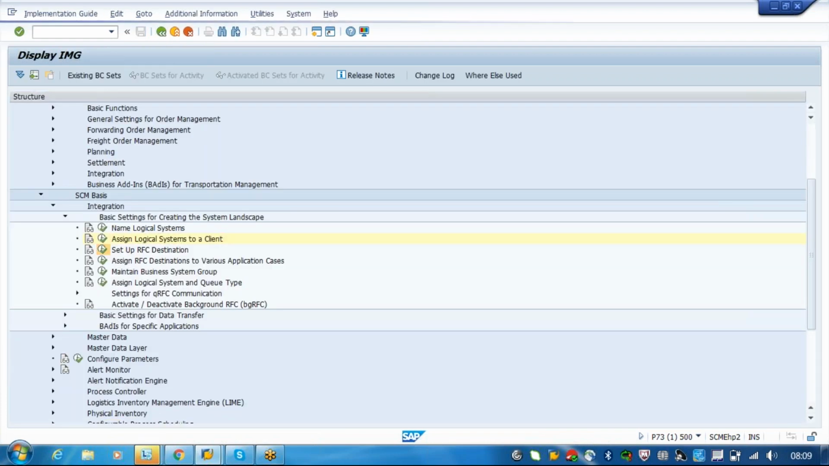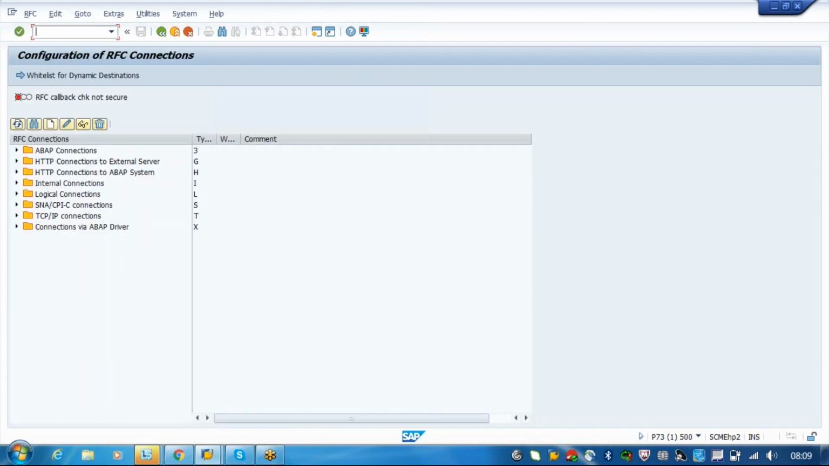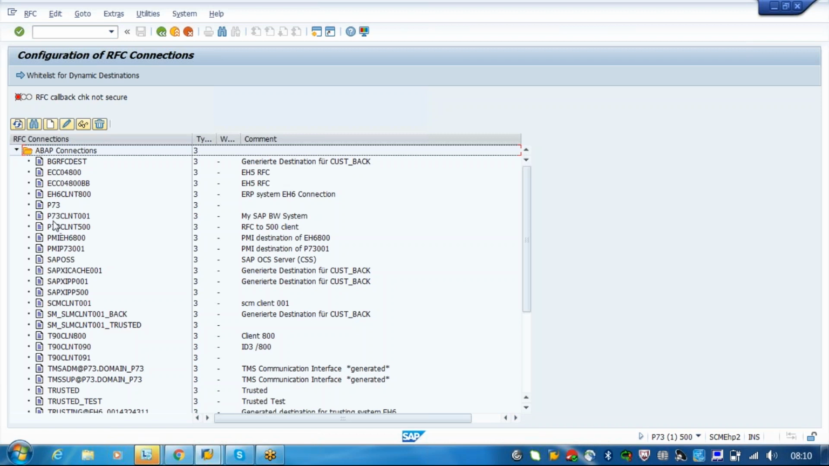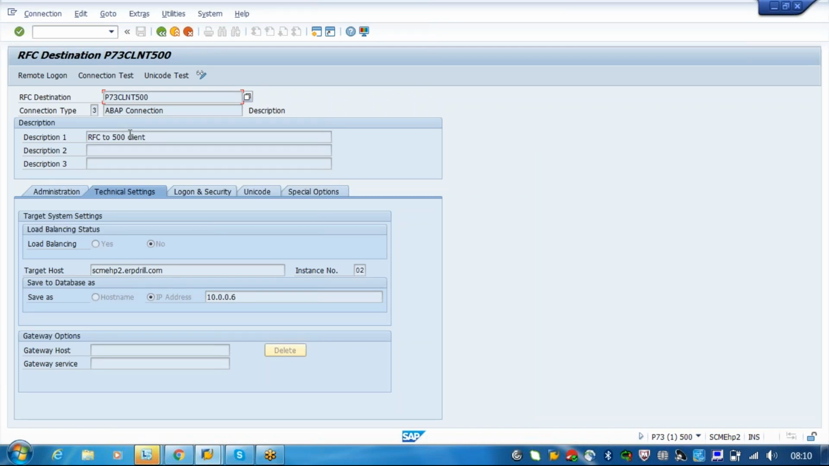Then this RFC call. What is this RFC call? It directly connects these two systems, one is the ECC system and one is the TM system. So this will be connected from the above connections. You just come here. This is your P73. It is connected to your R3. Remote login is...